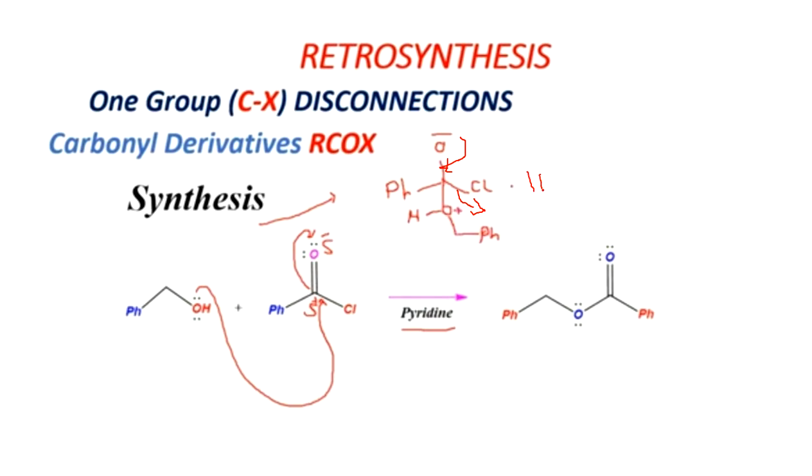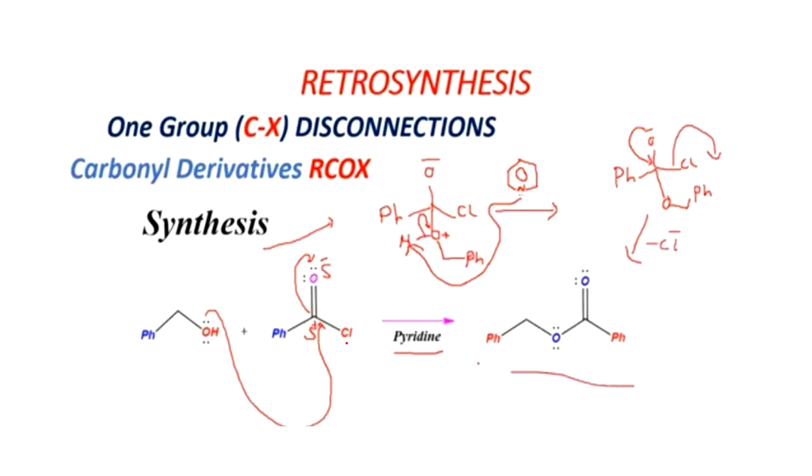We are getting H and Cl minus, like this. This pyridine is nothing but a base which abstracts the proton from this hydrogen atom. Here is a hydrogen atom. The pyridine molecule could abstract this hydrogen atom. So we are getting our starting compound or target molecule. This is nothing but another easier reaction we can study while doing a synthesis as well as a retrosynthesis approach. We have to remember, the moral is that in C-X group disconnection, we have to disconnect a carbon and heteroatom bond.